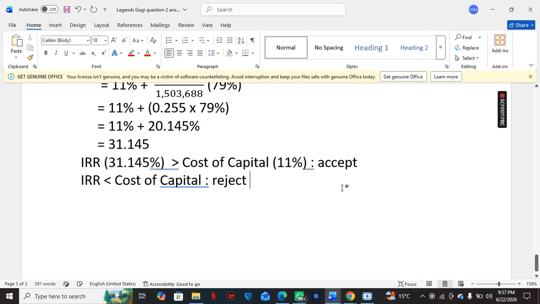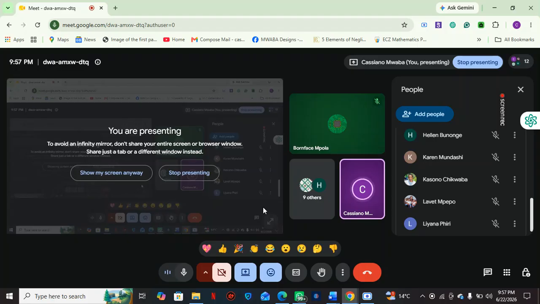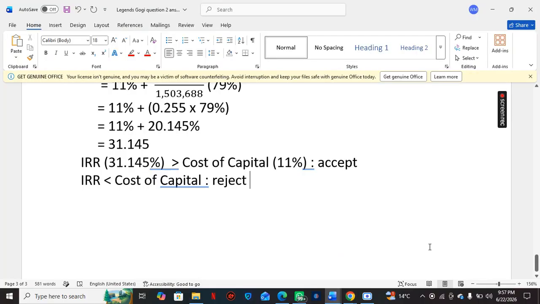It's rare you have a scenario where NPV says accept, then IRR says reject. I know someone was about to ask that question: what happens if there's such a case? You rarely have such a case, okay? And if you have such a case,